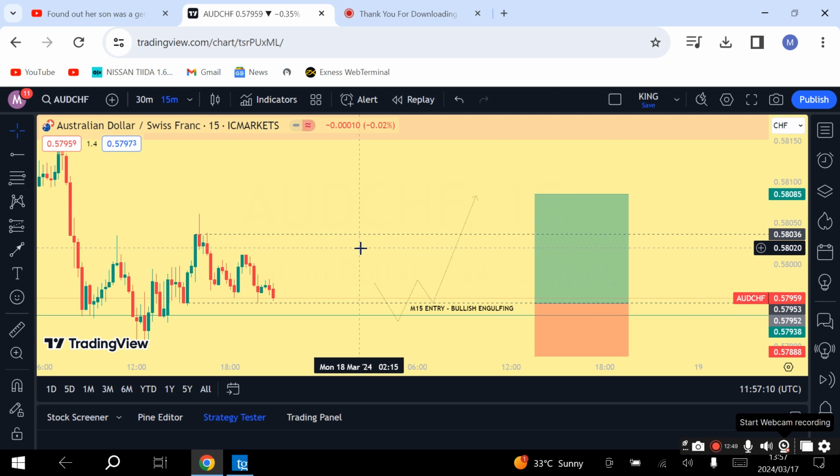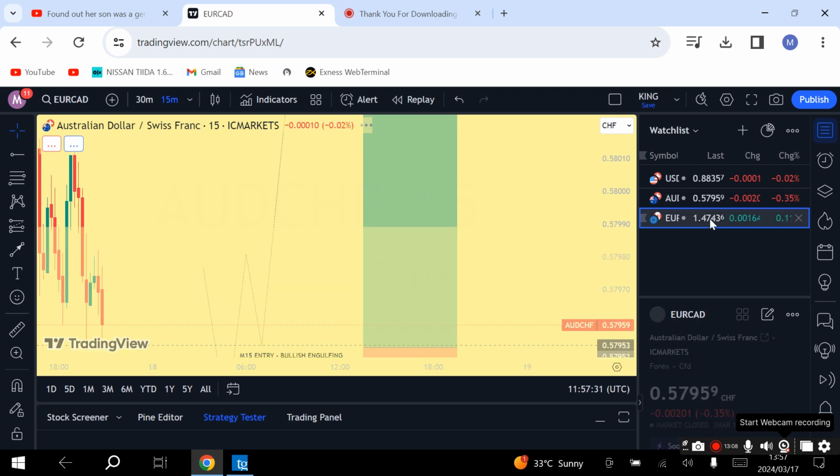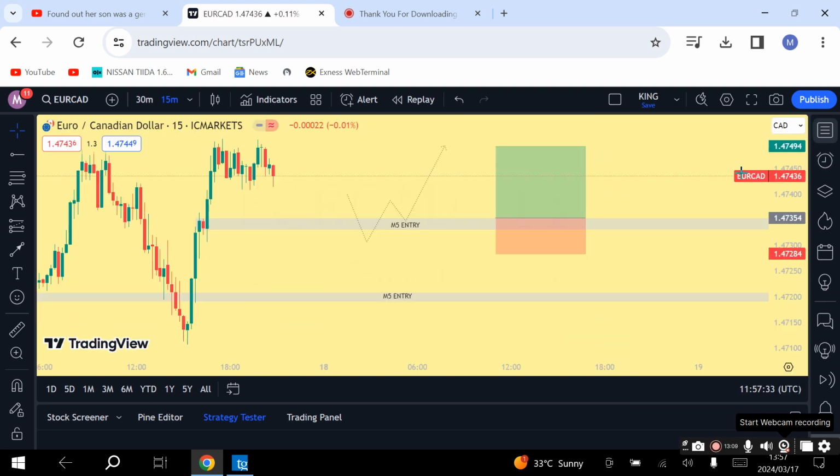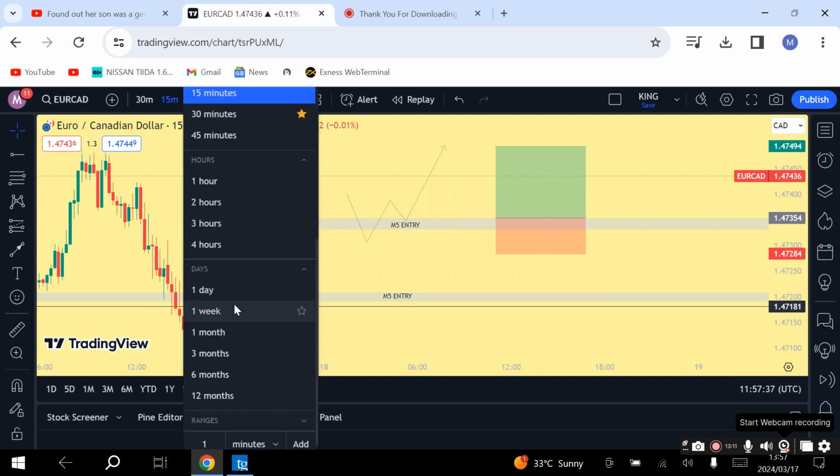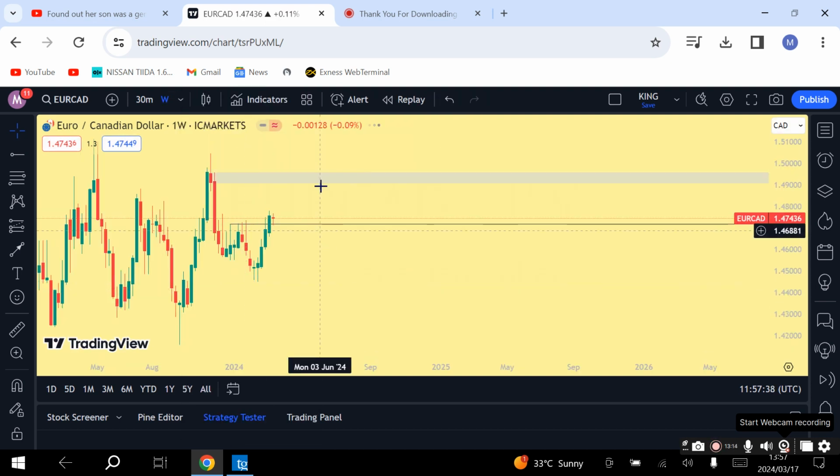That is the AUD-CHF. The reason I don't go into details with the AUD-CHF is because I've practically explained the USD-CHF, which is more or less the same. The structures are more or less the same for me in terms of the explanation, so I don't really need to dive deep into that. Now, the last one that I want to explain further is this one, the Euro CAD, right?